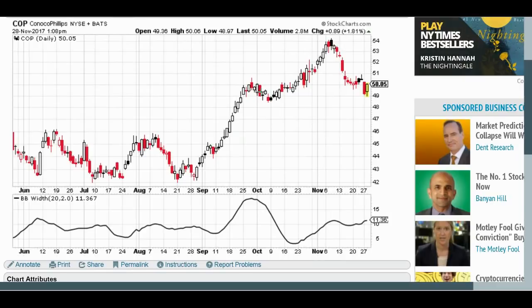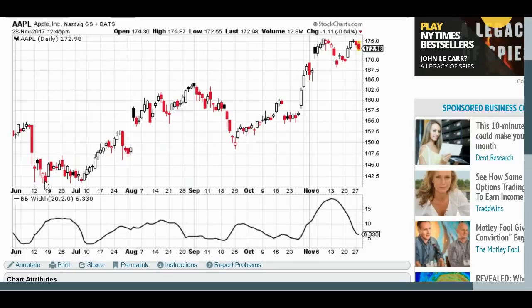Notice that big moves are not always, as we saw in ConocoPhillips, to the upside. It could also be to the downside. And if you buy a straddle or strangle beforehand, you can profit from a big move up or a big move down. Here it is again, it's below 5, and look at that. If you had bought a straddle or strangle here, you would have done really well. I mean, that's a big, big extended move.